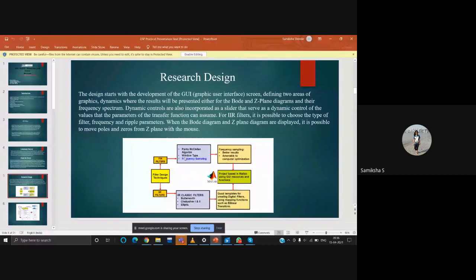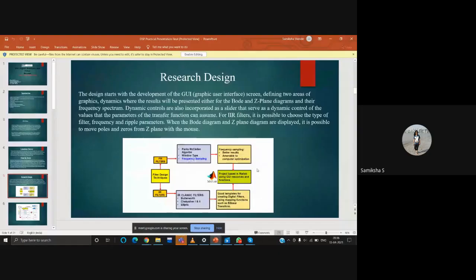It has to go through these steps, and then the project will be based on MATLAB using resources. The same is for the IIR filters. First, we have to go through the IIR classic filters. There are types of classic filters: Butterworth filter, Chebyshev filter, and elliptic. So this is the block diagram.